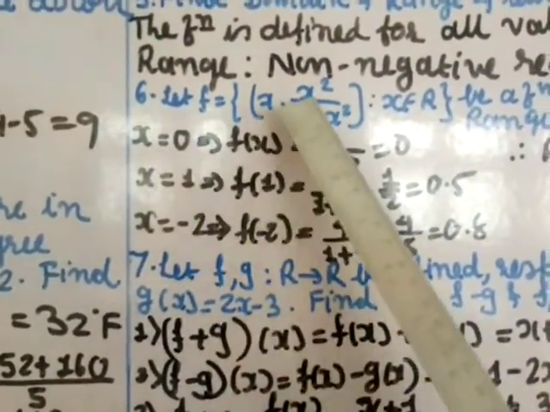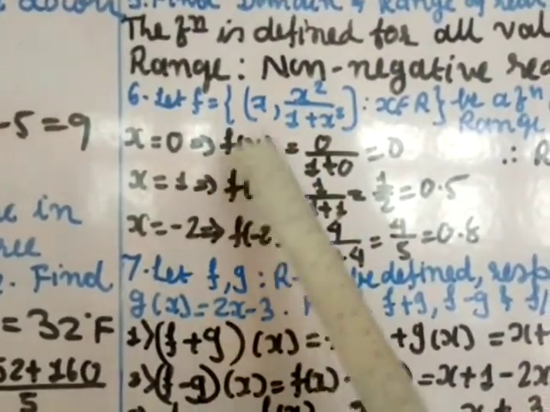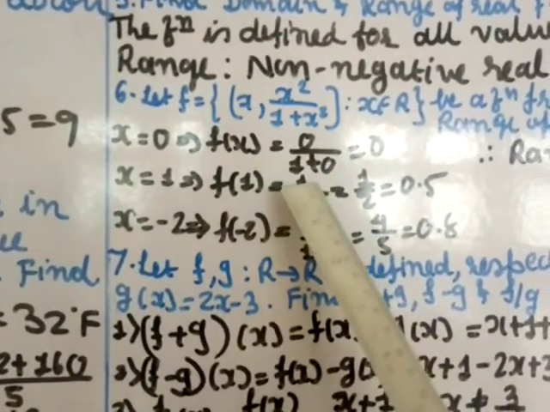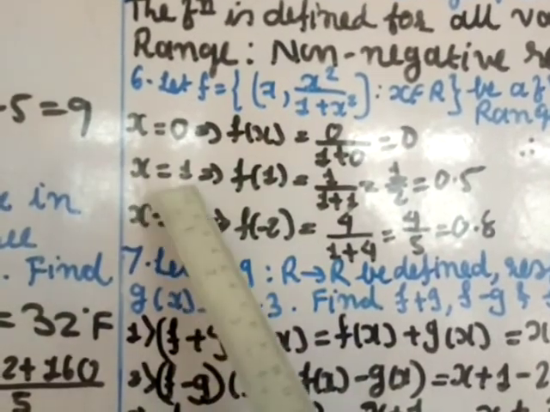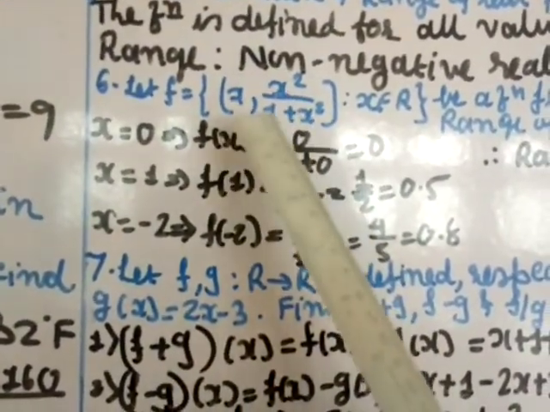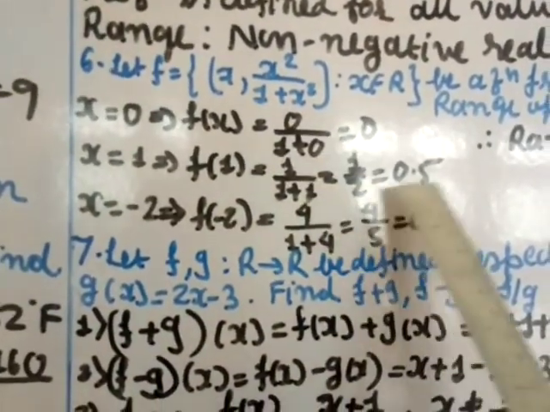So when I put 0 here, that will be your f of 0. So f of x equal to, in this 0 square is 0, divided by 0 plus 1. So 0 by anything is 0. Then let us take x equal to 1. So f of 1 will be, in this you put x value as 1. So 1 square is 1, divided by 1 plus 1 square, so 1 plus 1 gives you 2. 1 by 2 gives you 0.5.